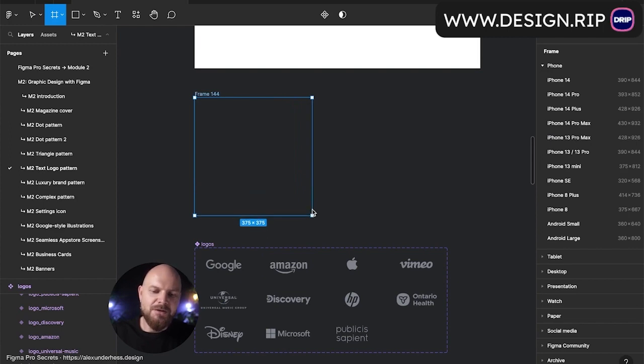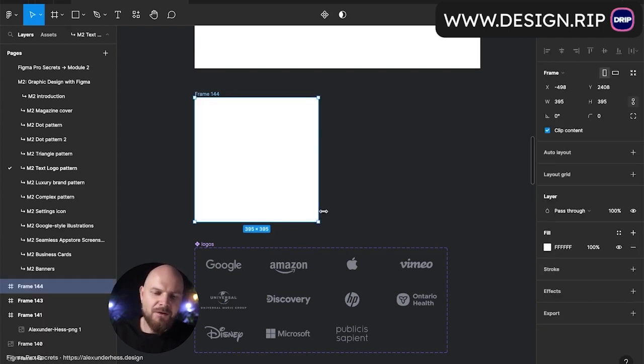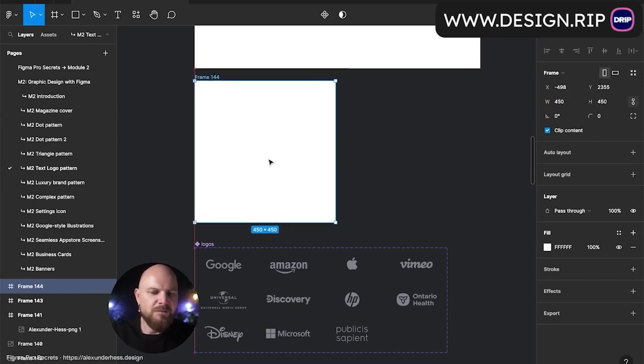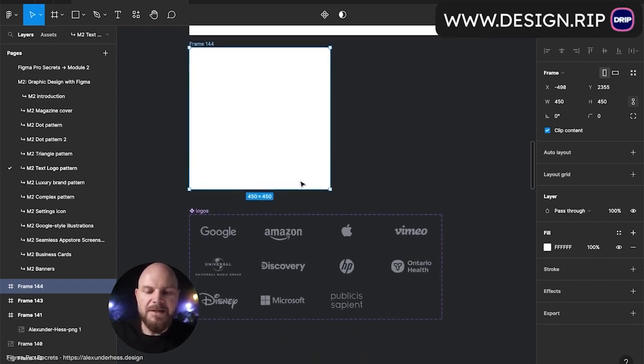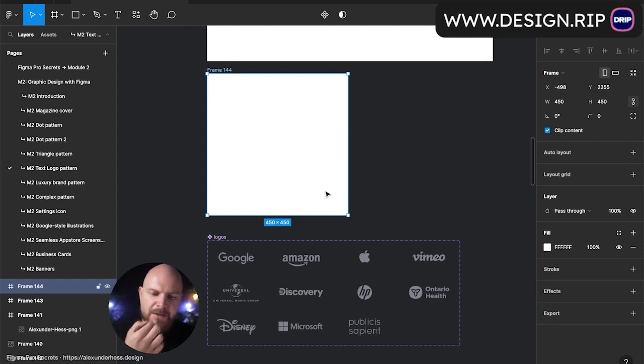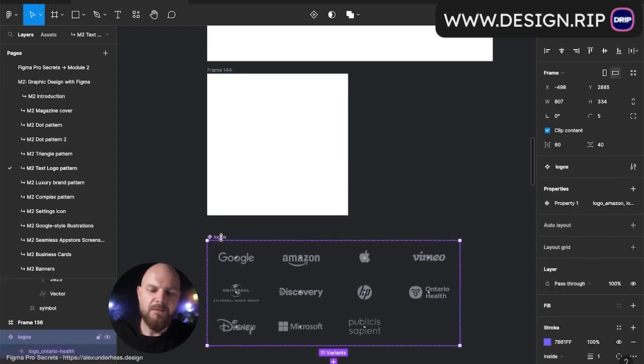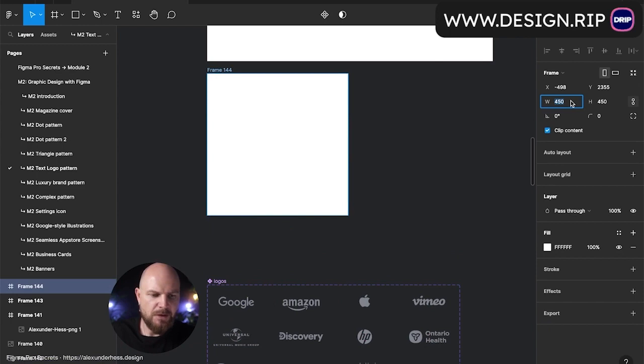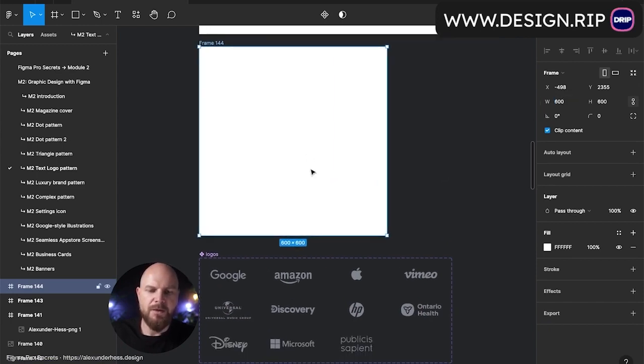And in this case, I'll show you just a little bit different example of creating patterns. So right now it will be 450 by 450. It's still easily divisible by 3. The next thing that I'm going to do, instead of using the example that we used before, you know what, I'll make it 600 by 600. I think it will be much easier for us to work with. Instead of using grid, I want to show you another example of how you can create pattern space. Just create